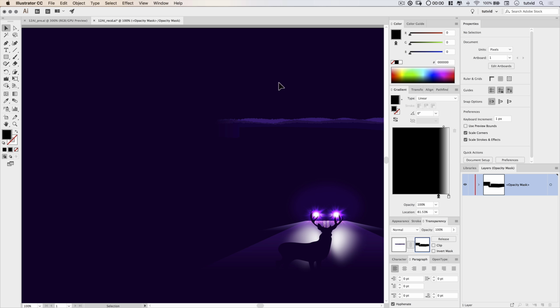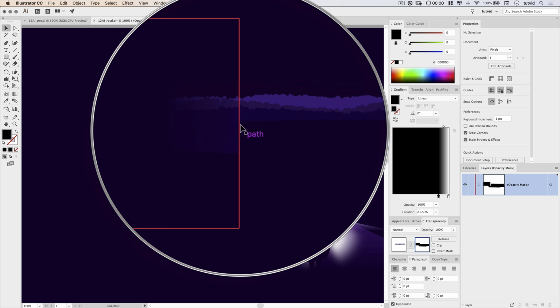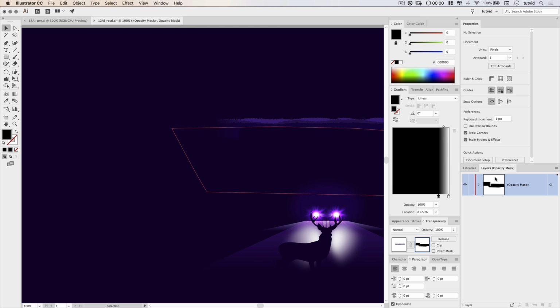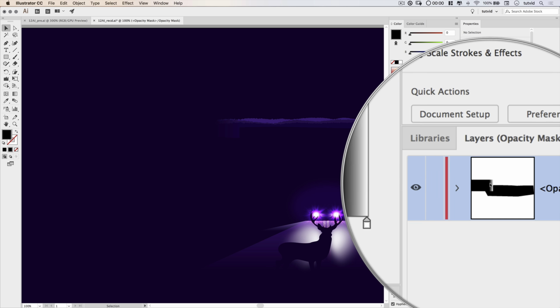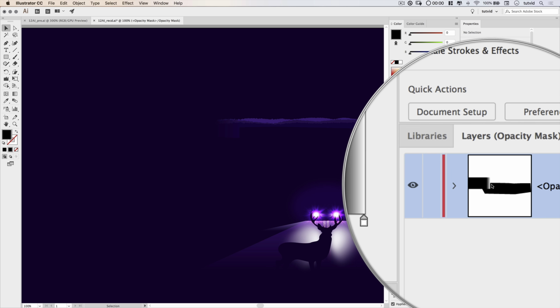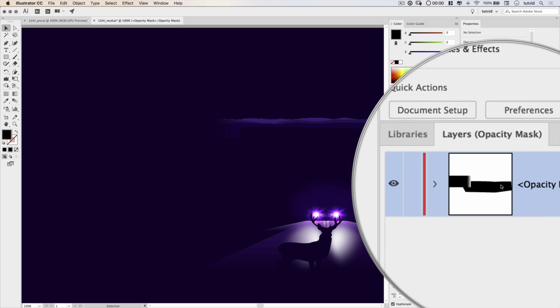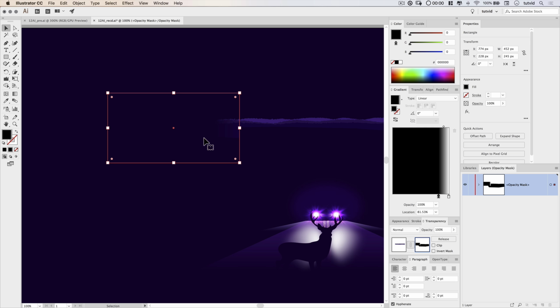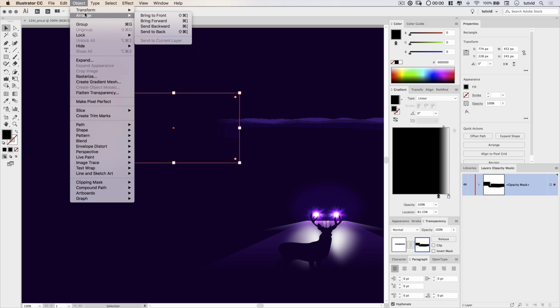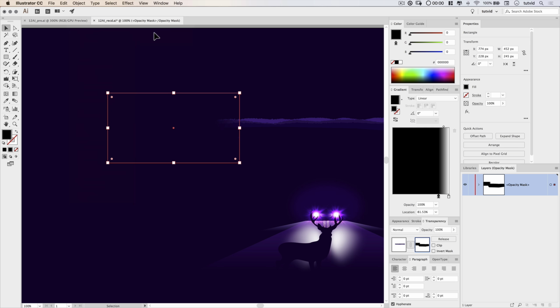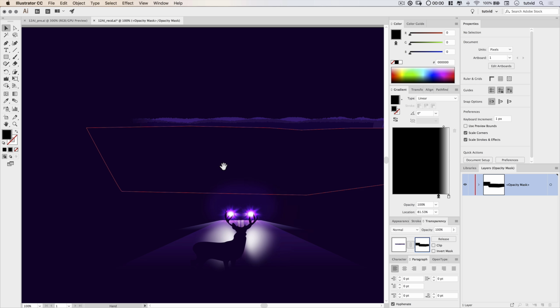Now, you can see one thing that's happening is all of a sudden we're getting this little hook joint that's hanging down. Because what's happening is this gradient with a white edge on it, see that white edge on the gradient? It's appearing above the solid black mask that's covering up to create our horizon. So we can just simply select the rectangle, go Object, Arrange, and say, hey, send this thing to the back. Bring that black of my horizon up on top of this, and we correct that issue just like that.